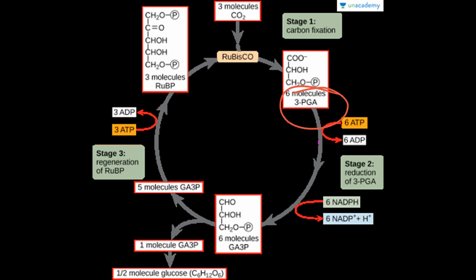Now basically there are 3 steps involved in a single C3 cycle. Which are those 3 steps? The 3 steps involved are carboxylation, phosphorylation and reduction, and regeneration. Now what happens in these 3 steps? Let me start with the C3 cycle. The first acceptor that accepts carbon dioxide is ribulose biphosphate, which is a 5 carbon compound, and it combines with carbon dioxide.